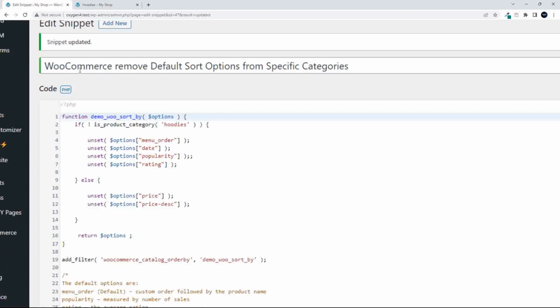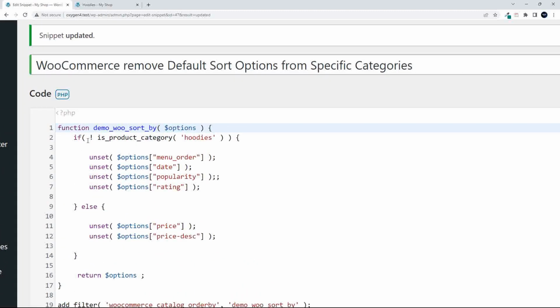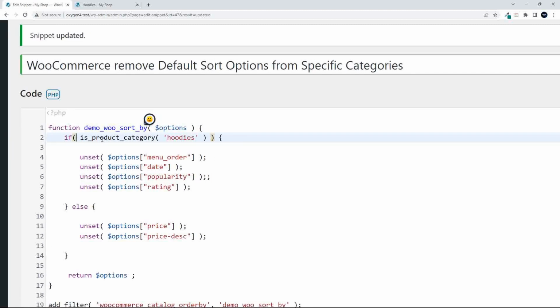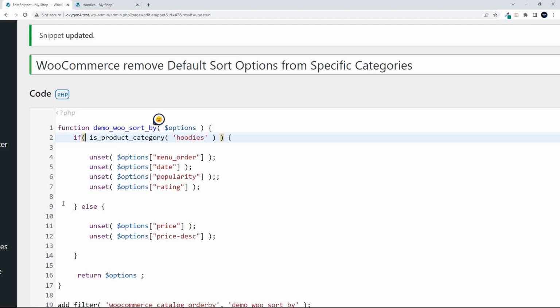So if we put the exclamation mark in front, it basically says if it isn't the category hoodies, insert this, otherwise insert this in, and basically back into hoodies. Anyway, that's how you can easily set up what's visible. You can of course then use an else if statement. So you could go if product category is hoodie, and then here you can also then go else if